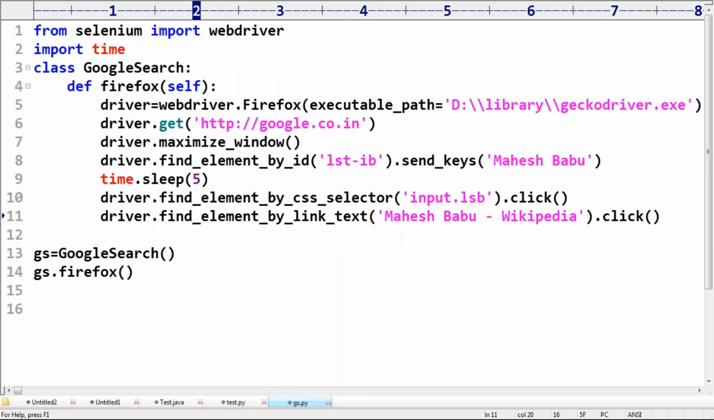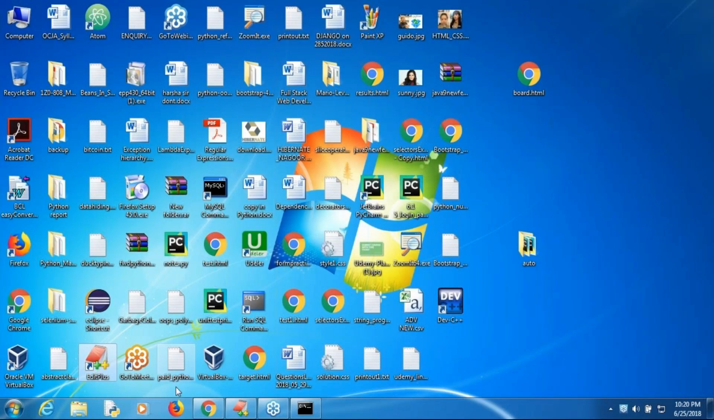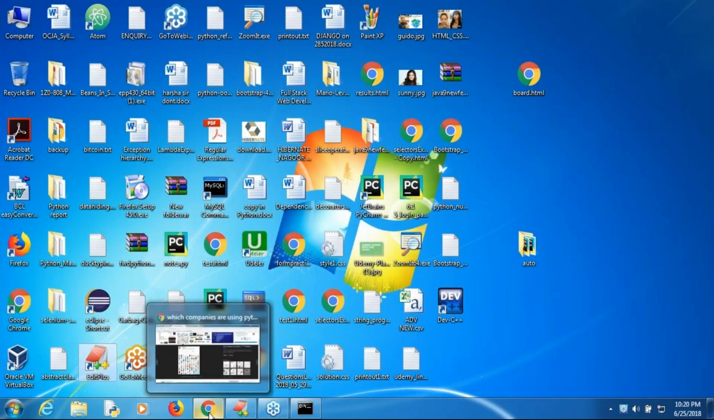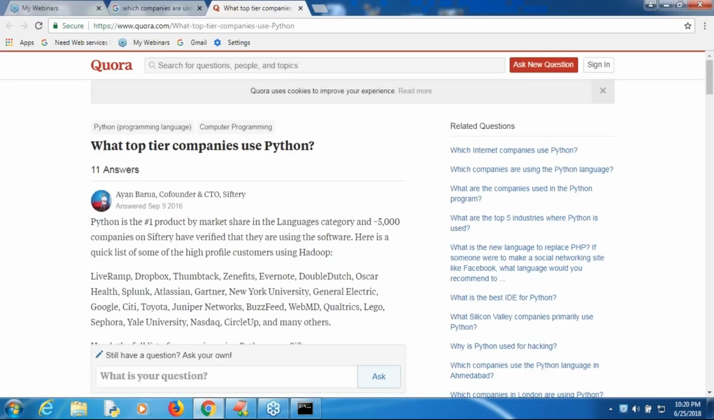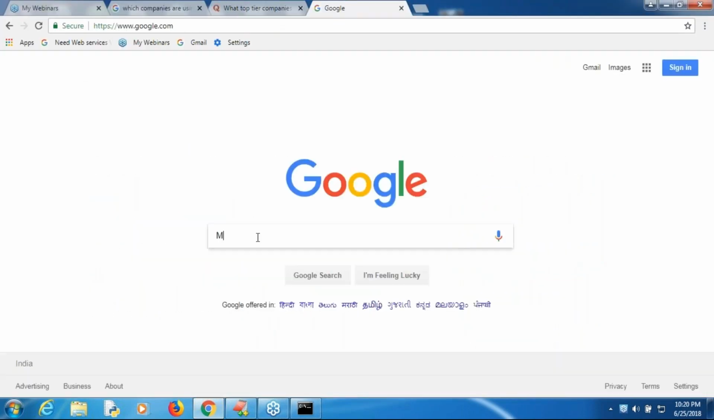Now, if you observe: Selenium, import WebDriver, Google search and so on. If you want to test whether Google search is working properly or not, what do you have to take? I'm taking google.com. I'm opening the website. Next, I'm typing my